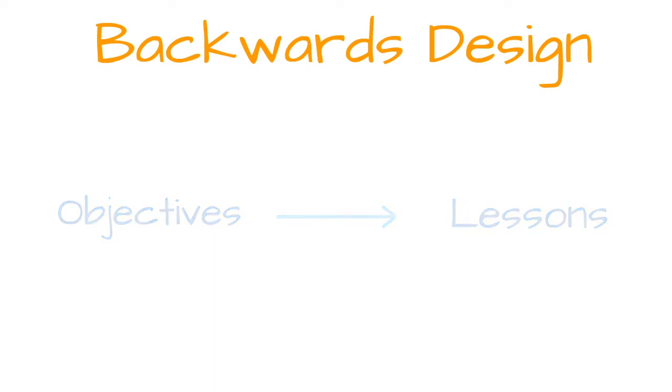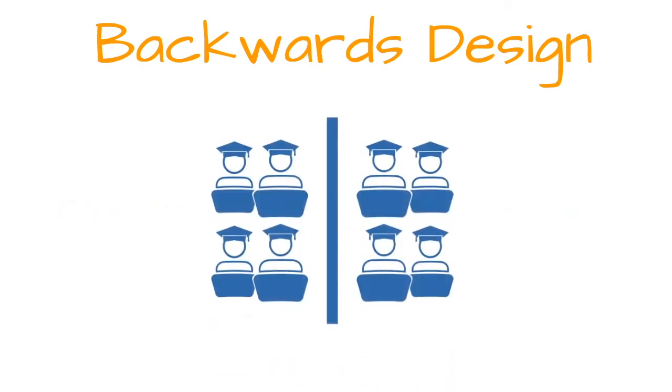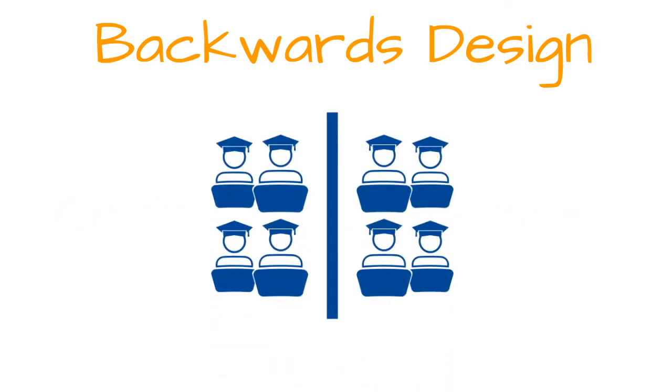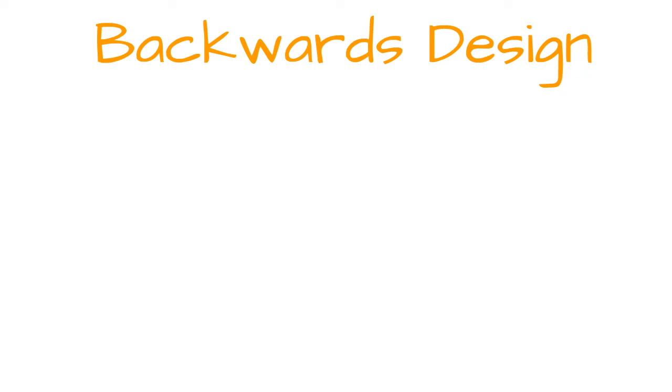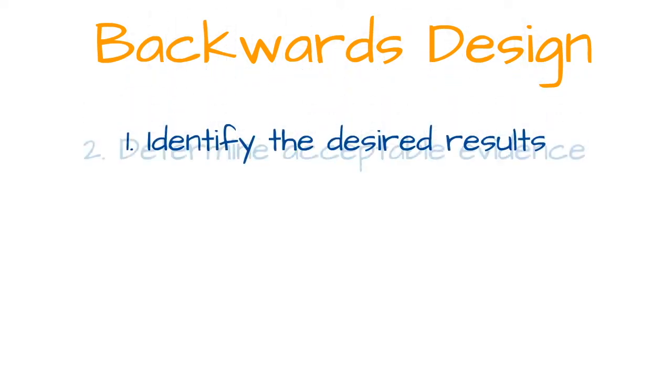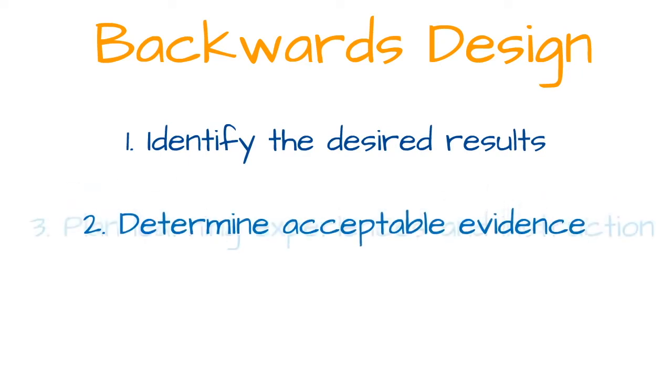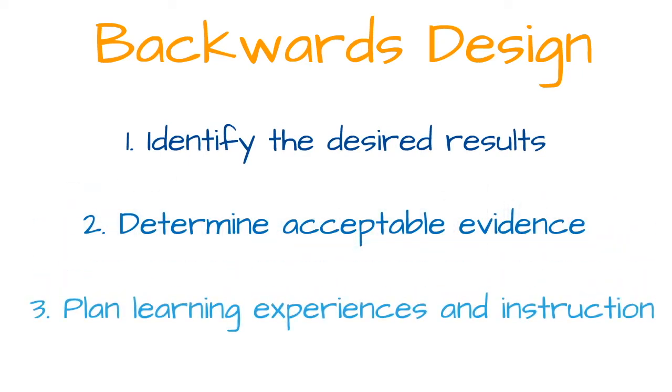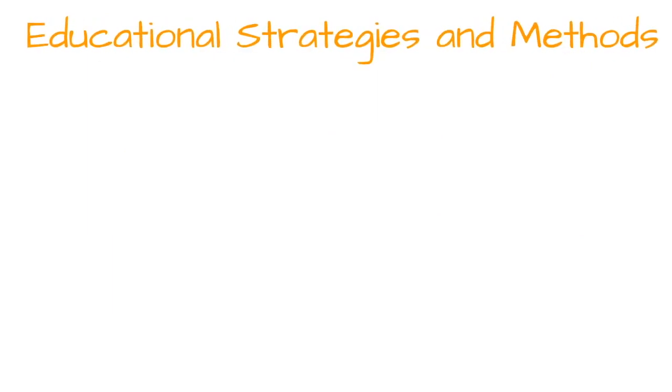Backwards design is focused primarily on student learning and understanding. One approach to backwards design includes 3 steps: identifying the desired results, determining acceptable evidence, and planning learning experiences and instruction. Once an instructor has established learning goals, competencies, and learning objectives, they must select educational strategies and instructional methods